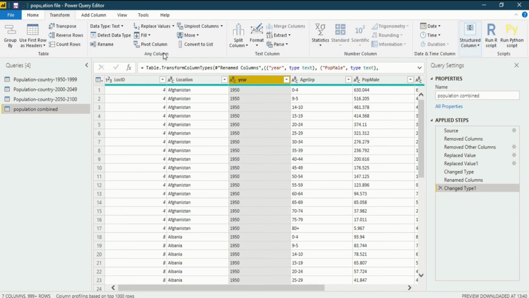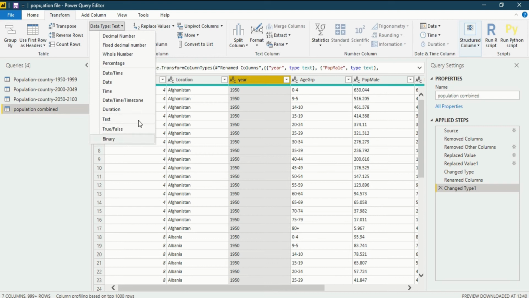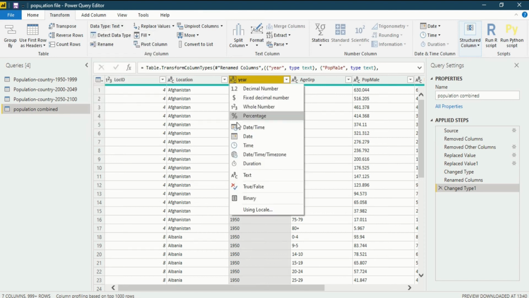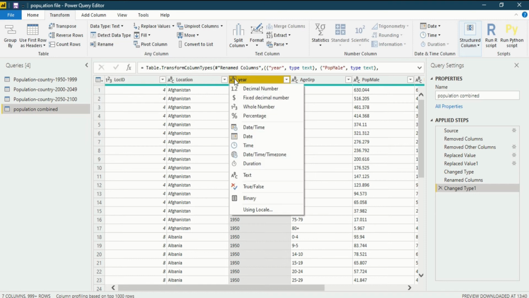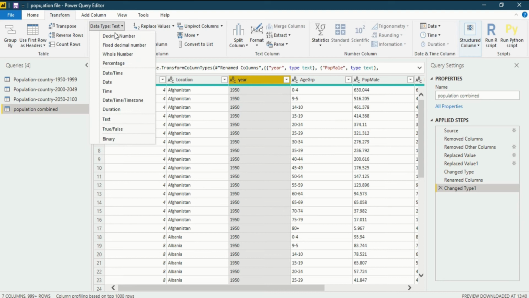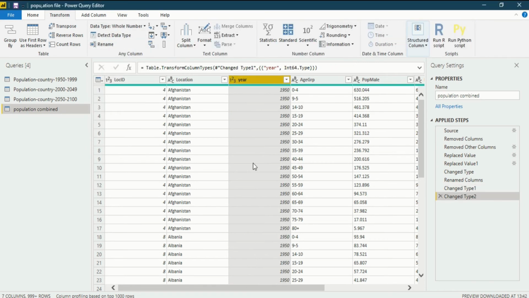You will see in any column, data type. When I click on data type, you will see a dialog box that opens up and shows this table in which the whole data type list is present, which is similar to the dialog box when I click on this. But the difference between both of them is that when I click on the transform ribbon and in this data type, you won't see any sign, while here you will see the sign of a decimal number, whole number, date, while in here you won't see any sign. So this you could change into a whole number. So when I click on it, the data type is changed into a whole number. So this is another method how you could change the data type of your data set.